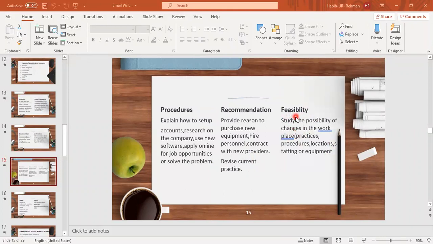Feasibility means the status of something before doing something: possibilities of workplaces, practices, procedure, location, staffing, or equipment. So that information can also be communicated through email.